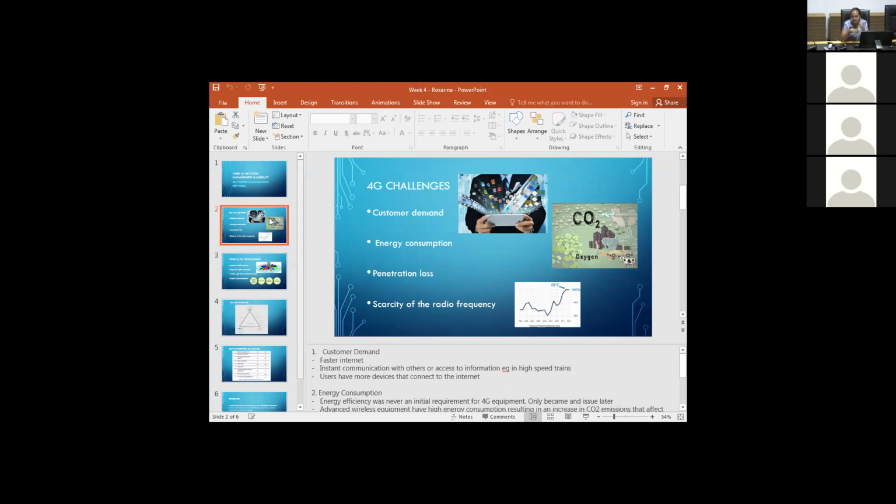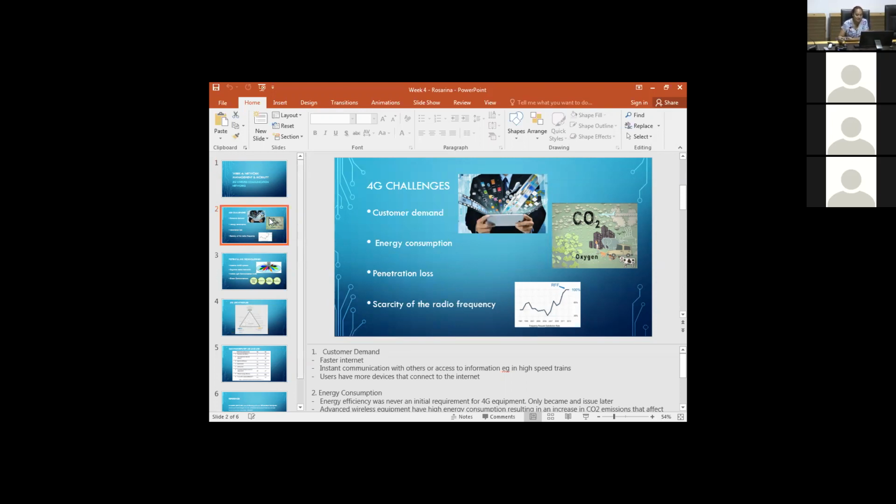The second challenge that I thought was very significant was energy consumption. I think in one of the journals that you put there, energy efficiency wasn't even considered as an initial requirement for 4G equipment when they started building that. Only when the increase in demand came, and they had to bring in advanced wireless technologies to cater for 4G, did they realize that the amount of energy being consumed created more CO2 in the environment. So this leaves more of a carbon footprint,